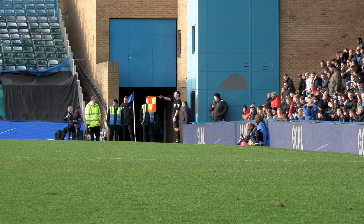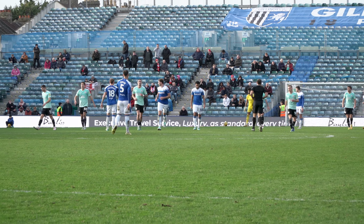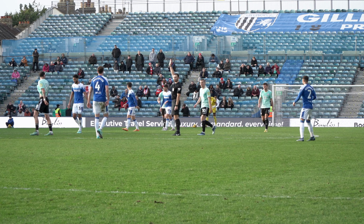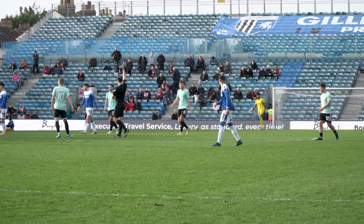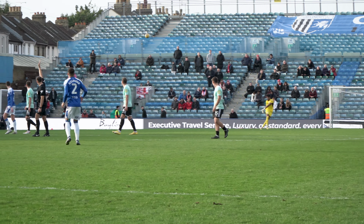In fact, I think it might have even been offside from the free kick, Gary, because there was 2 or 3 of them still running forward. Yeah. As you say, Crawley were holding that really high line. Well, if that was the plan for Crawley, then it worked. It worked to perfection that time round. We got away with that one, I think. Keeping a very, very high line. A little bit. Masterson did put the ball in the back of the net, but the flag went up